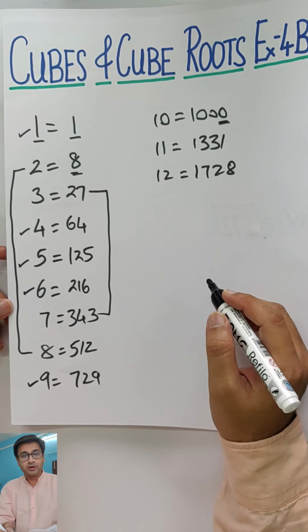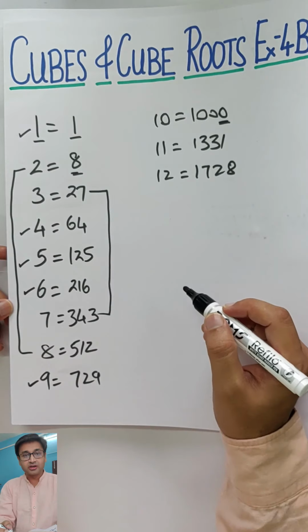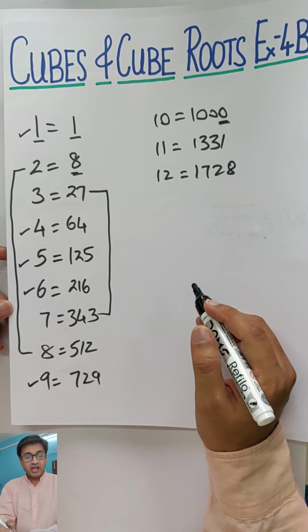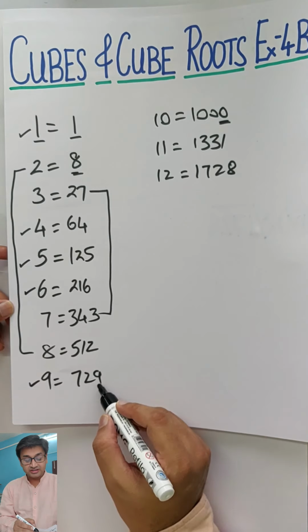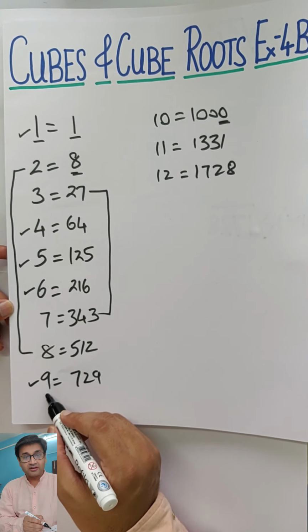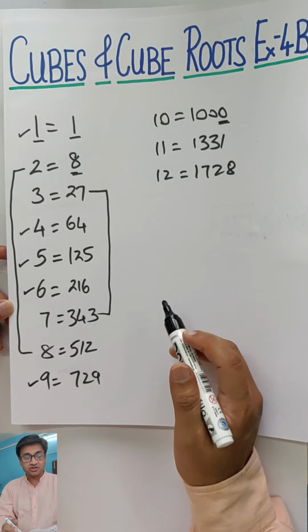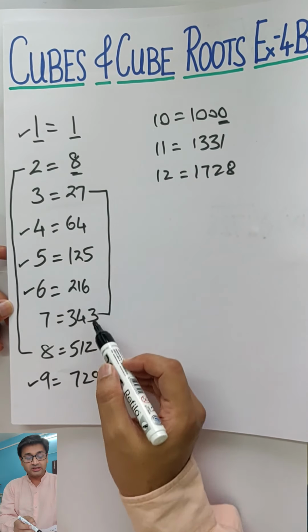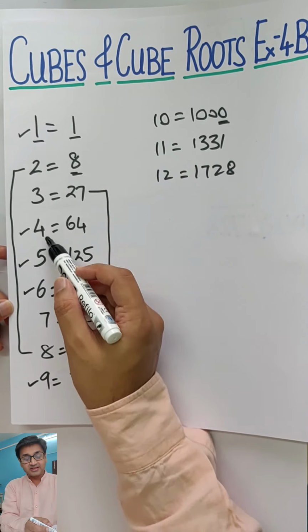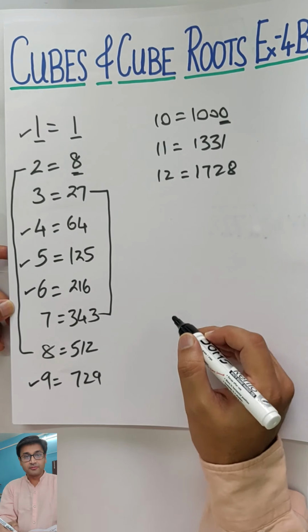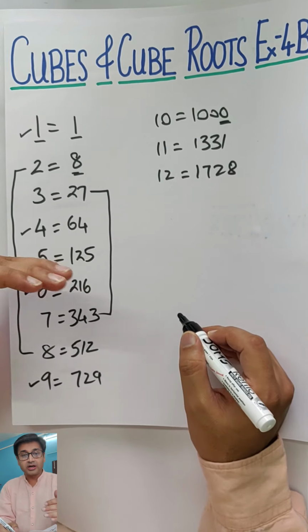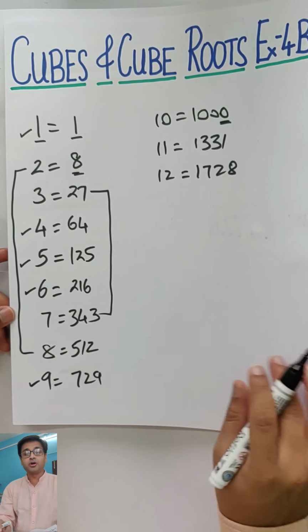So when you see a number and they ask you to find the cube root, look at the last digit. If the last digit is 1, the cube root has to end with 1. If the last digit is 9, the cube root will have 9 as its last digit. If it is 7, then 3, and 3 with 7; 4, 5, 6, the same thing; and 2 with 8, and 8 with 2. That gives you a quick method to find your cube roots.